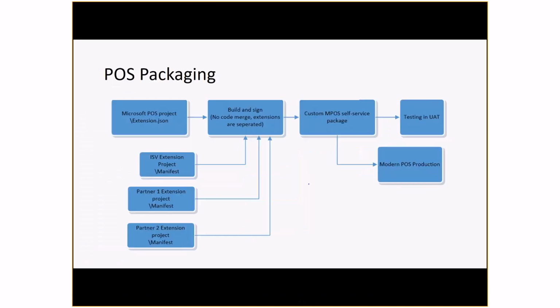And next, quickly I want to cover the packaging. We didn't change much in the packaging. For example, in the manifest, we'll specify what the different extensions are. So I have extension, ISV extension, partner 1 and 2, update our setting file, and then create a